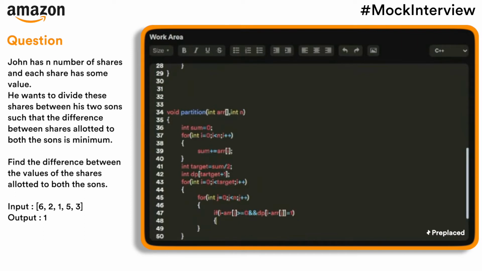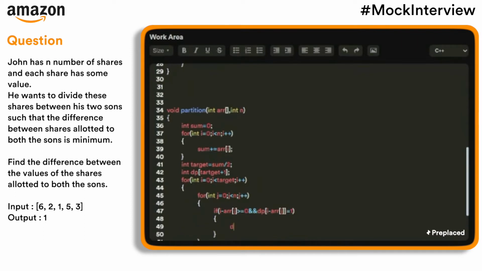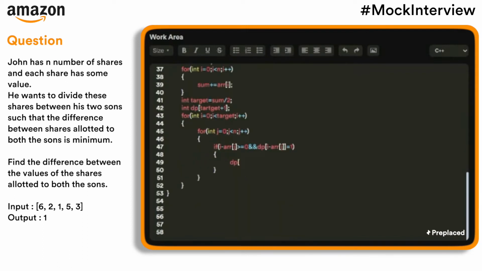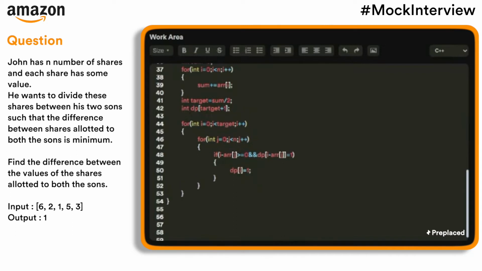So this sum would also be possible, dp of i equals 1, and I can store an int answer equals 0. For each of the possible sums, as this i is increasing, the possible answer would also increase at each step. So I can simply update this answer equals i, and